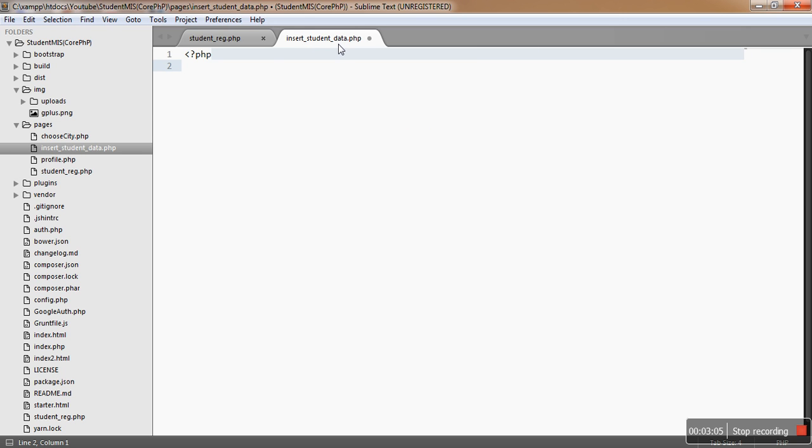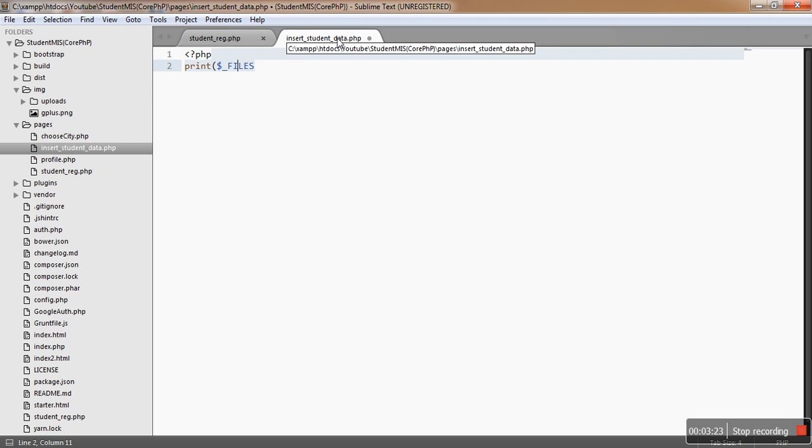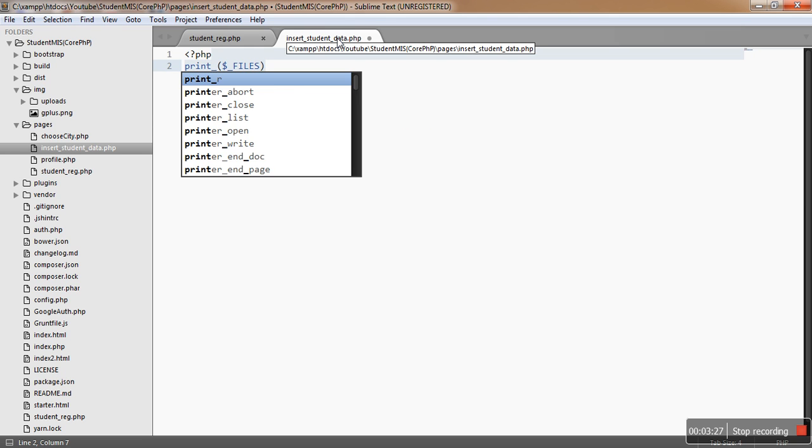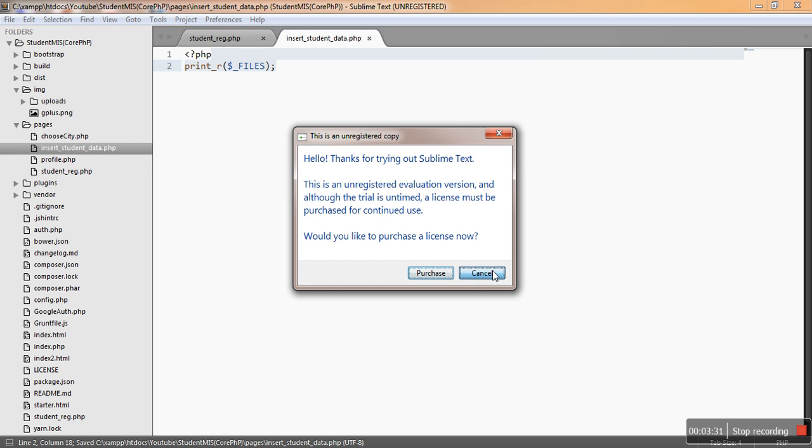So whenever you want to grab the files coming from the user end, you need to use a variable named $_FILES. This will contain all your data. So let's check out what this contains. I'll write print_r, because it's an array, so all the data will be in here. And when we